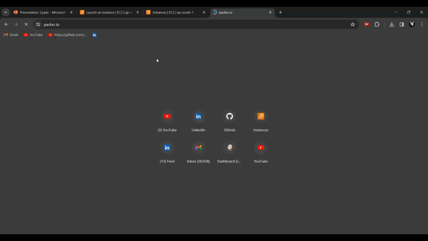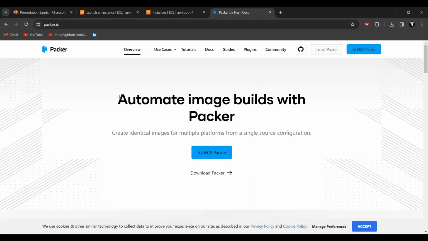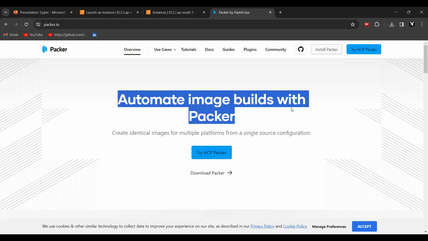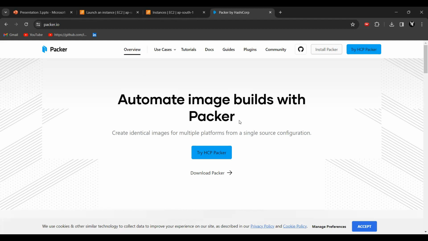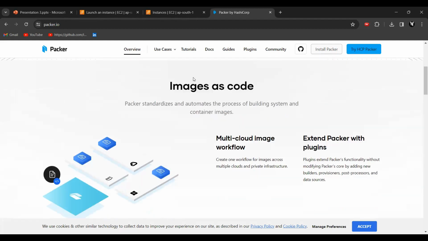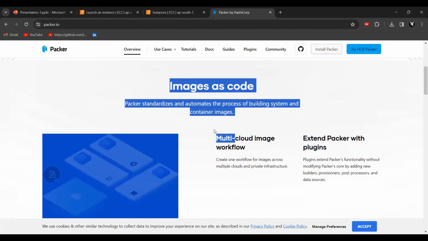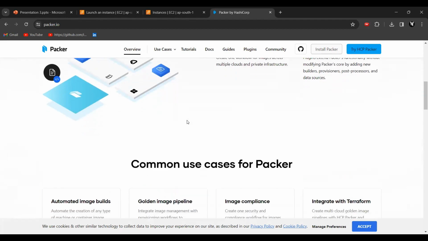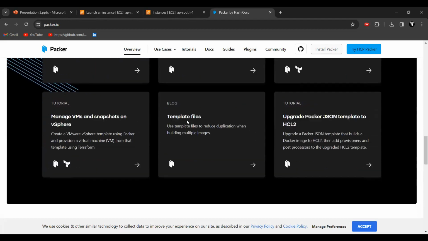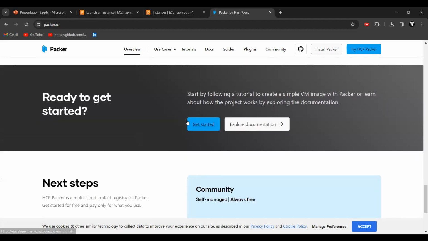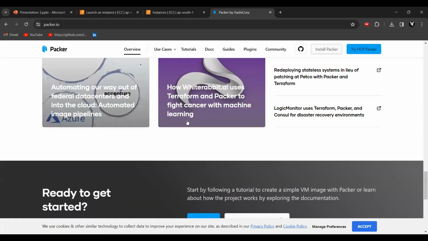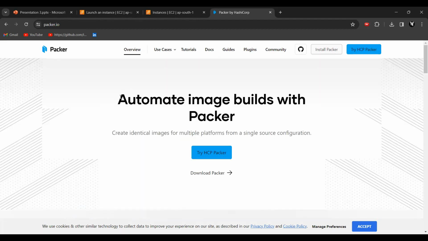Yes, this is HashiCorp Packer, automate image builds with Packer. Packer is an AMI creation platform. You can create images for Azure also. There is a separate tutorial coming for it; just notify me and I'll create it. But now let's deal with the AWS part.